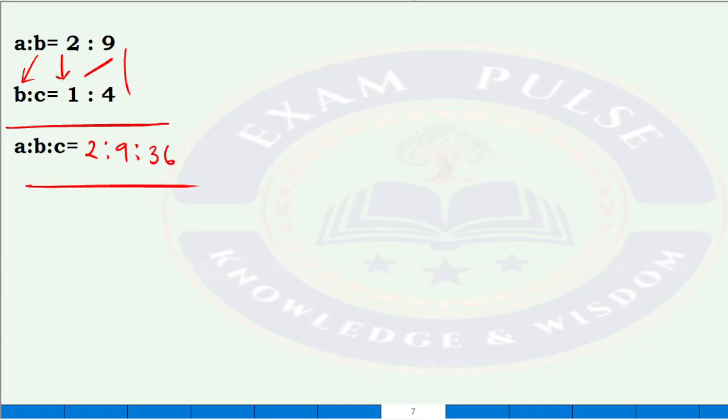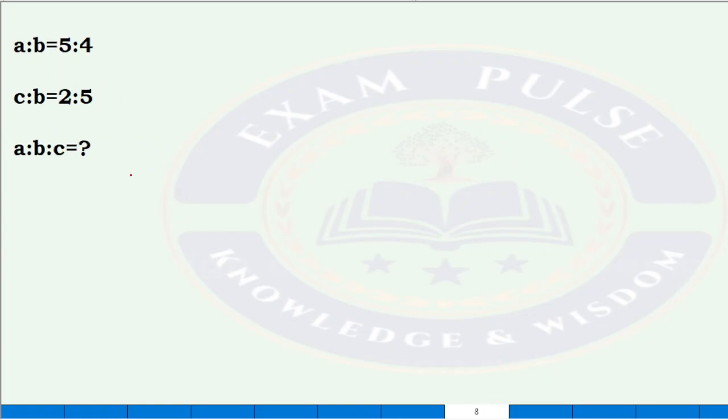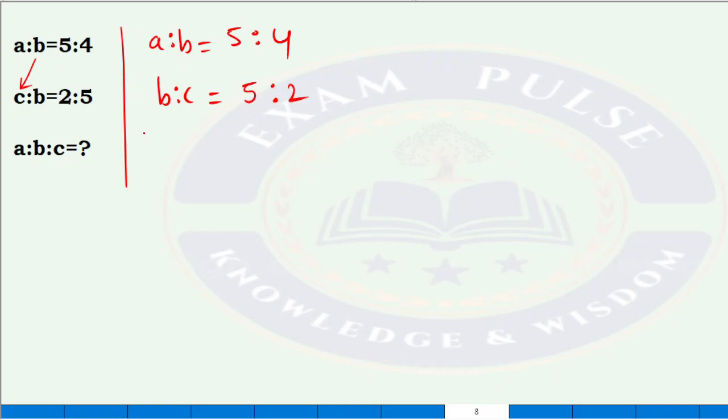That is your answer. Now, next. Is it in continuity? No. See, question ఎట్లా ఇక్కడ చేంజ్ చేశారు చూడండి. సో వాడు ఏమి ఇచ్చాడు మనకి, A is to B is given as 5 is to 4, but instead of giving B is to C, he has given C is to B. So if C is to B is 2 is to 5, B is to C will be 5 is to 2. We need to convert it like this.